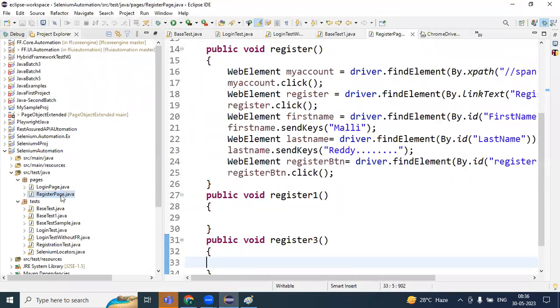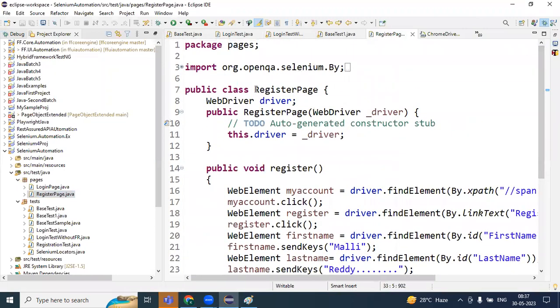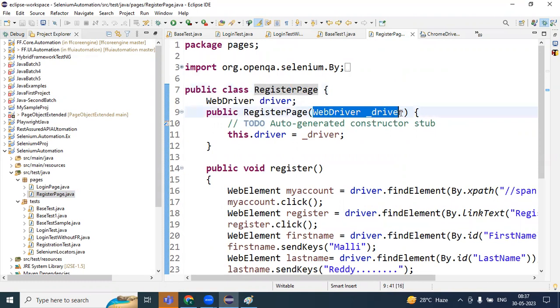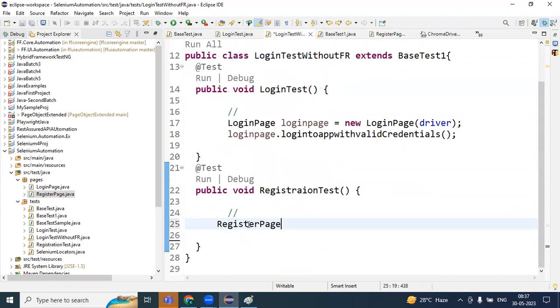So that's why I created one of my page classes, right? But this page class requires a driver. How did I get the driver? First of all, I got the driver from the login test. Register page, I need to create an object equals new of